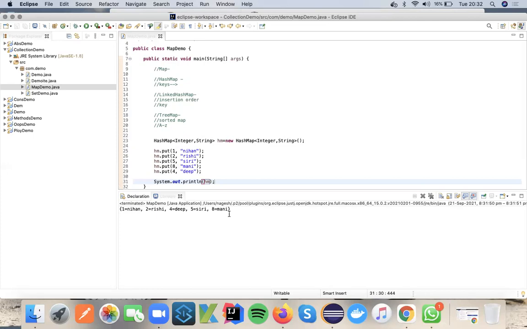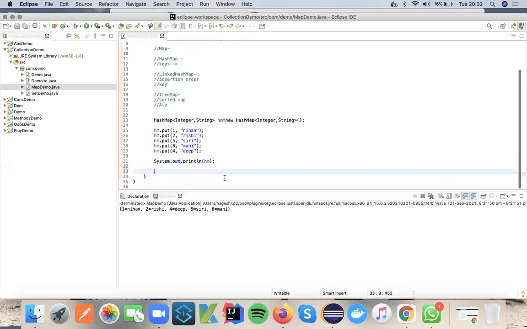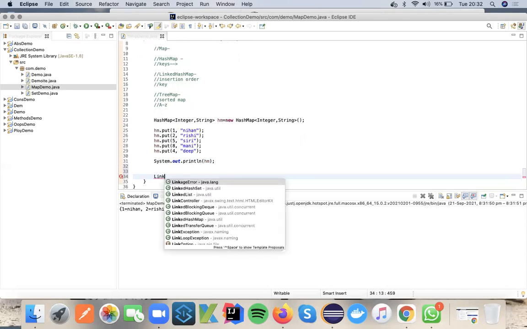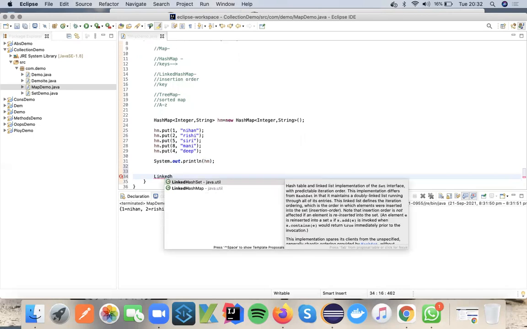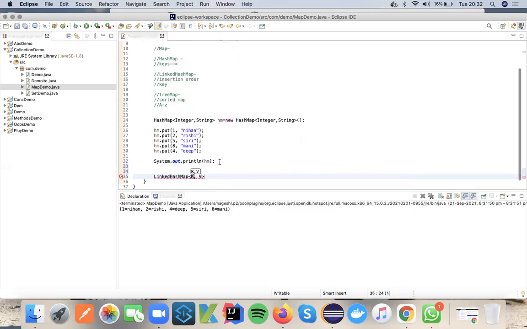How you inserted is not how it prints. That is the drawback of the hash map. When we want to achieve insertion order, we should go with the linked hash map. Let me show you how it will happen.